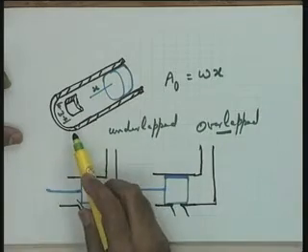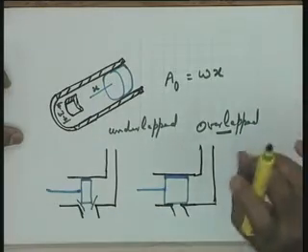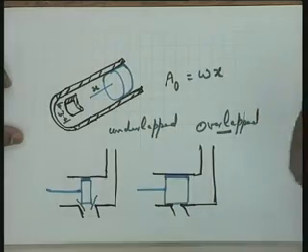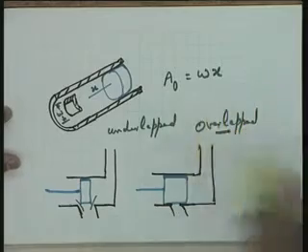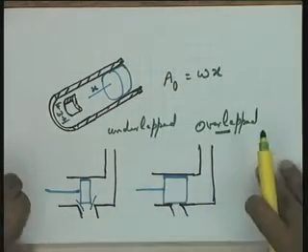This particular picture, I hope, makes it very clear that the movement x is actually controlling the area open for fluid flow. Now this slide need not come again if you keep this in mind, if you store this particular information in your memory. Keep in mind that I will be using this information: area is equal to W into x, where W is the port width which is constant, and I am going to use the underlapped valve.